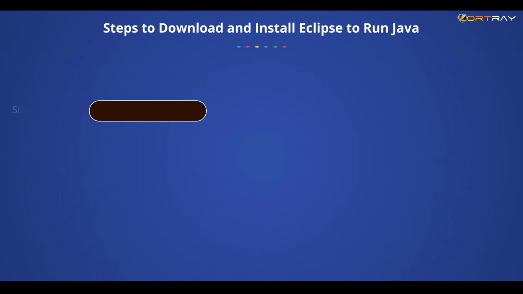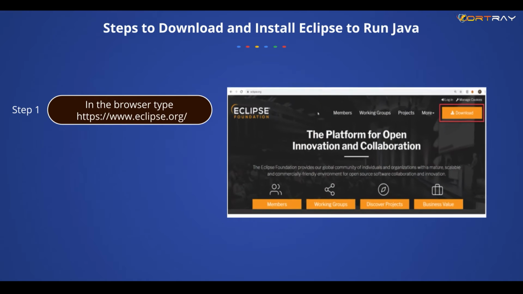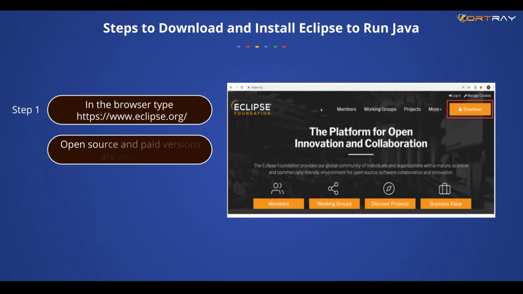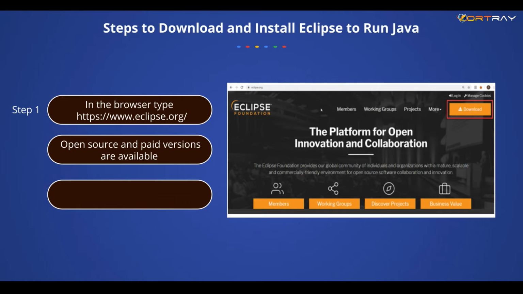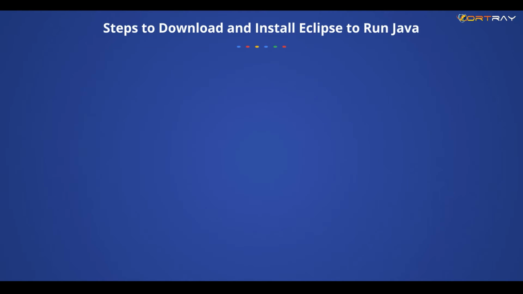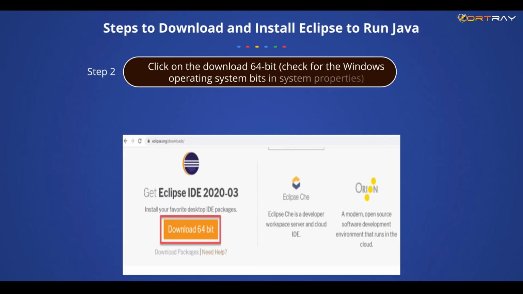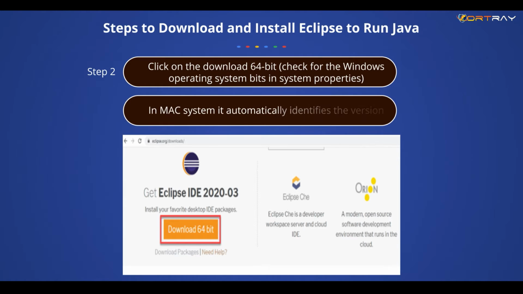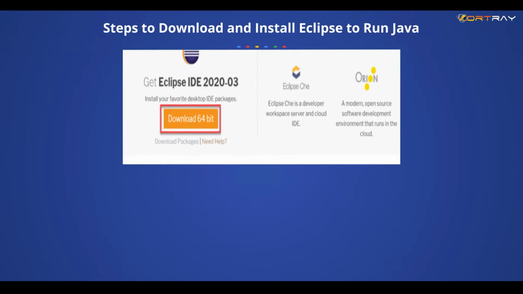And you can go to this particular URL to download Eclipse, and you have both the open source as well as paid versions. All we need is just the community supported free Eclipse software, and that is more than enough to work on the things we discuss. So this is how it looks, and you can just click on this and it will download the 64-bit version for your Windows operating system. The good part of this website is that if you go on a Mac system, it automatically identifies the relevant version for you. You don't need to spend a lot of time figuring out what is for Mac or what is for Unix and all. It automatically figures it out for you.